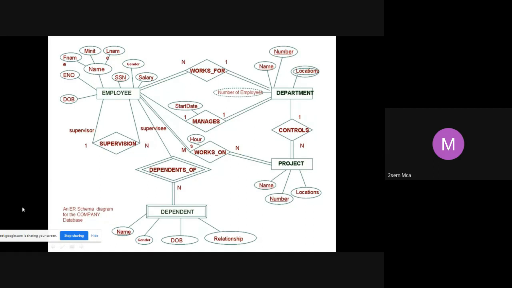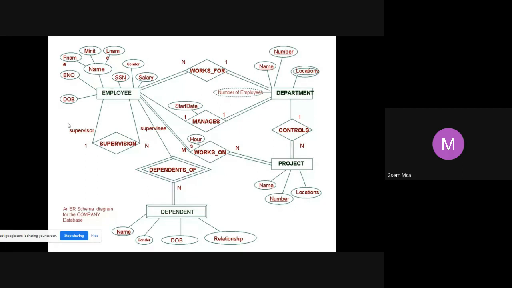Right. So this is the ER diagram. What are the entities in this ER diagram? Can anyone tell me? I want this class to be very interactive because we've already done this, so you should at least have some idea about it. You should start answering me.